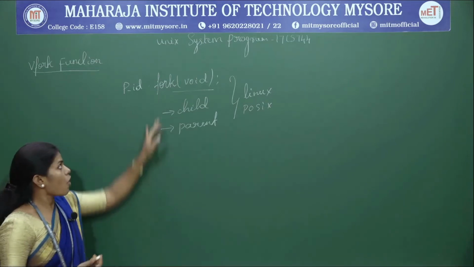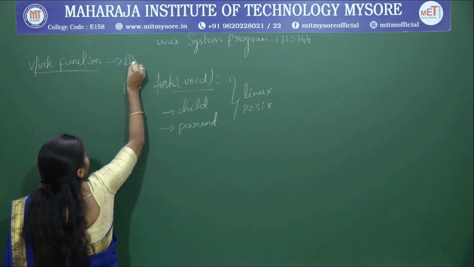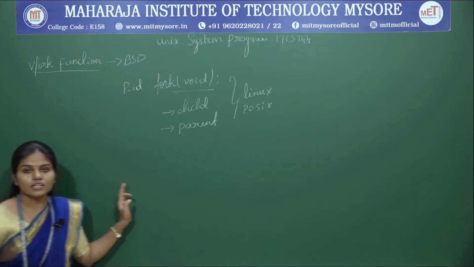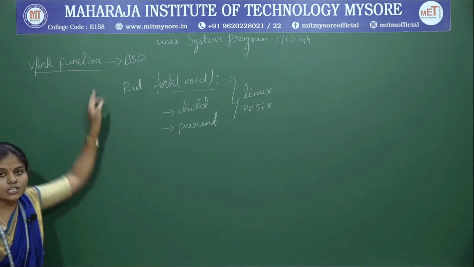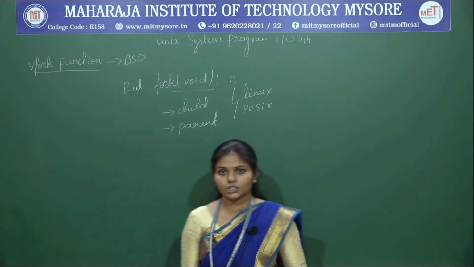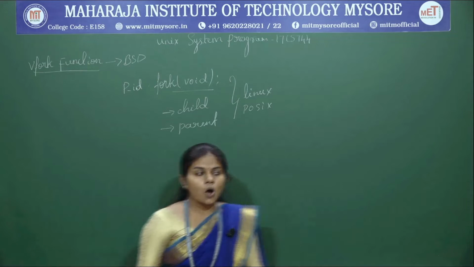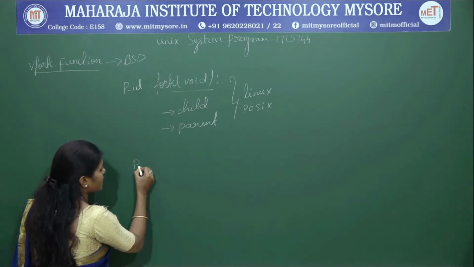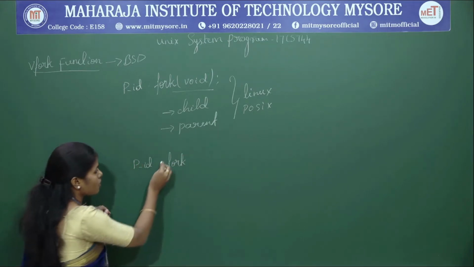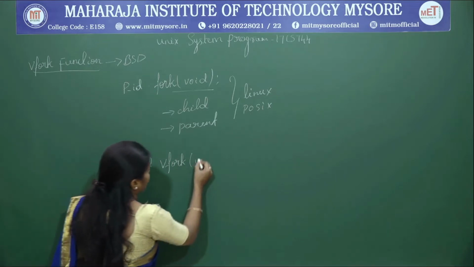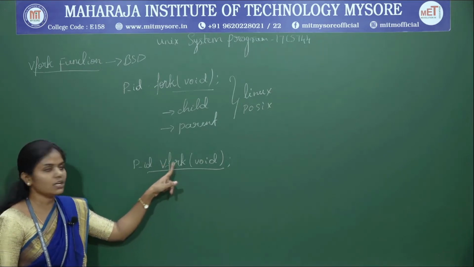Now another variant of the fork command is the vfork function. This is supported by BSD, that is, the Berkeley Unix operating system supports the vfork function. This function also works just like the fork function. The vfork is also used for creating a process. What is the syntax? The same syntax: the return type pid_t, and the fork command. Instead of fork, we have to make use of v. See, instead of fork we are using the vfork command.